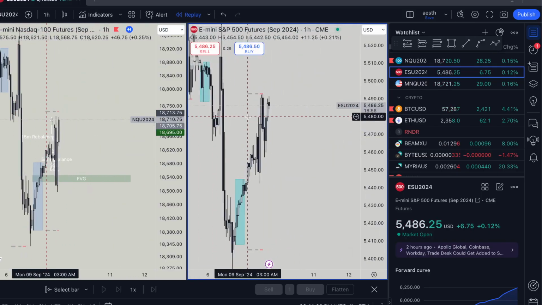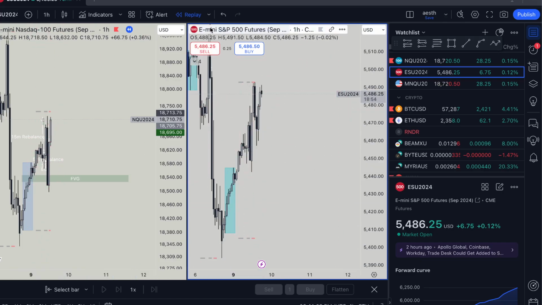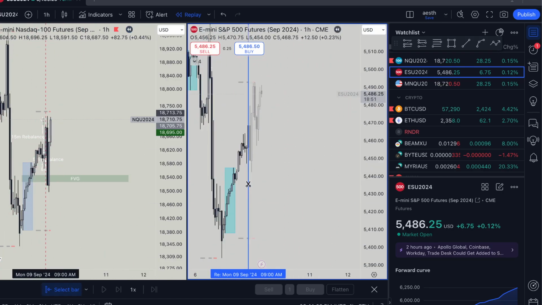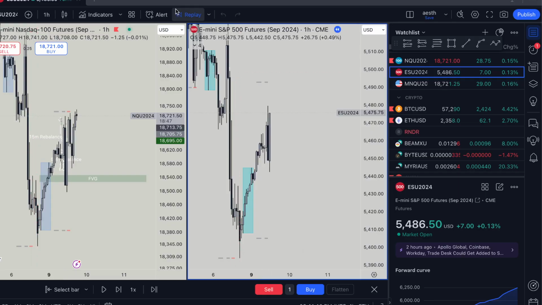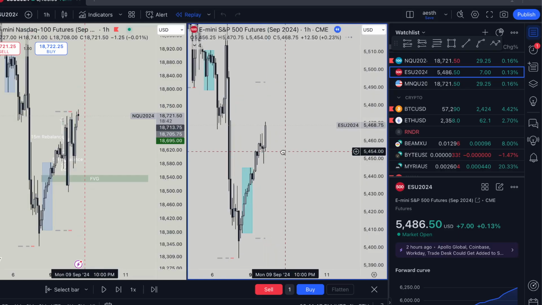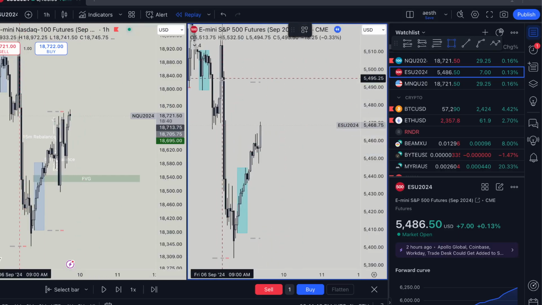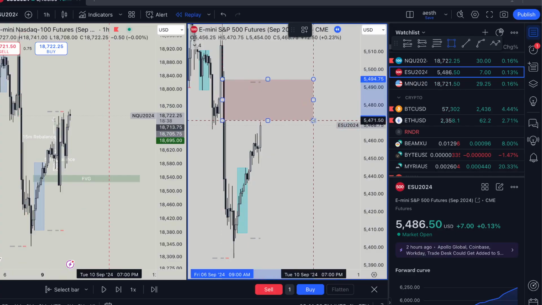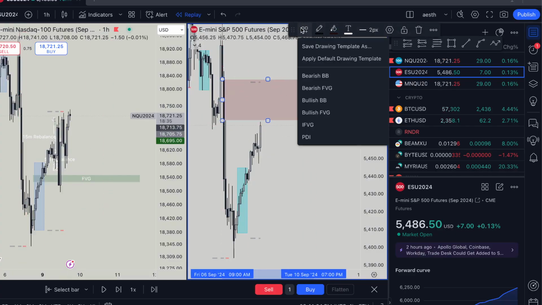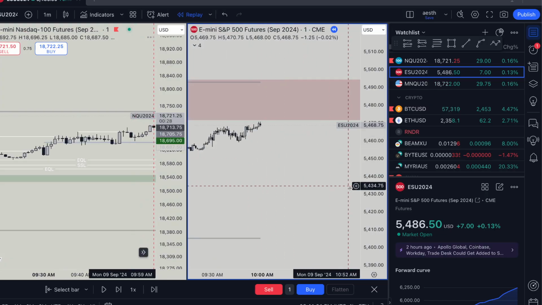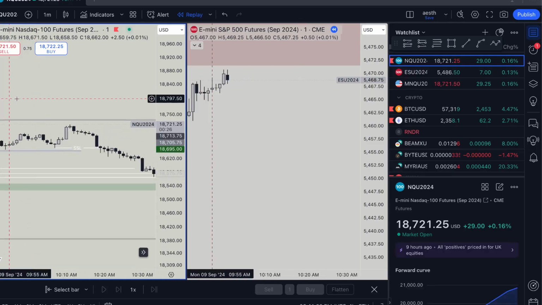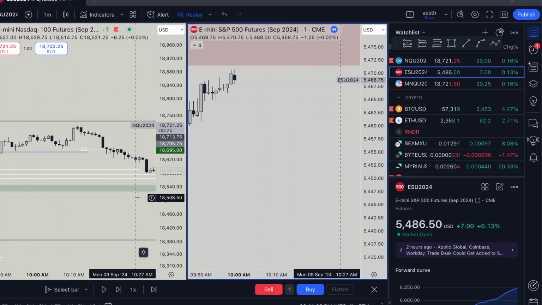It's because ES at the time, this is where we were trading with ES at the time, we were edging this bearish fair value gap, unfilled, right above it. And so we didn't want to be shorting until this condition got met. And so eventually, if we look at the way both of them traded as ES ran to,